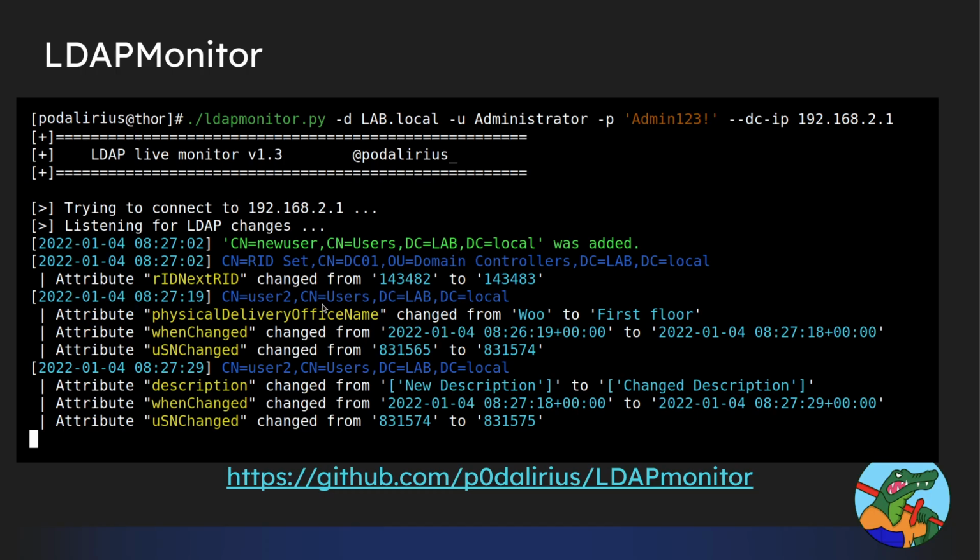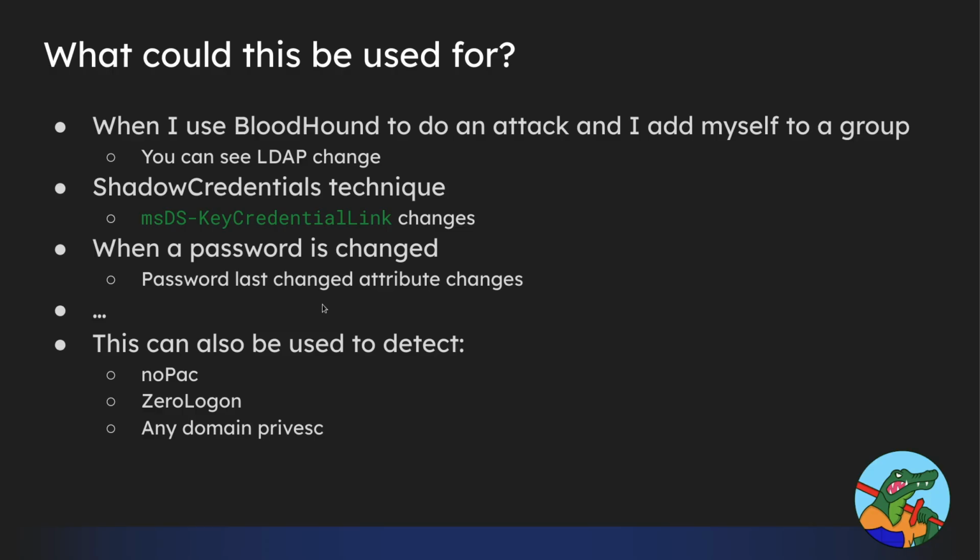If I change my password, it'll show up here. If I give myself more privileges, it'll show up here. So this is something that's really, really fantastic for identifying things just on your own, and you can use this to write rules. One other thing that I used this to discover, I wasn't the first to discover it,